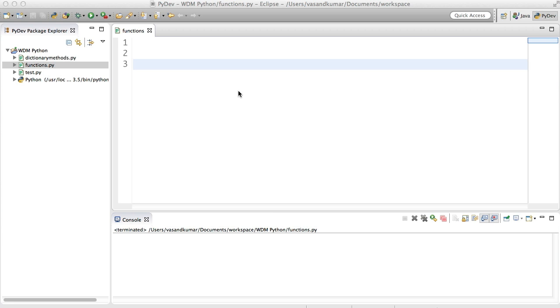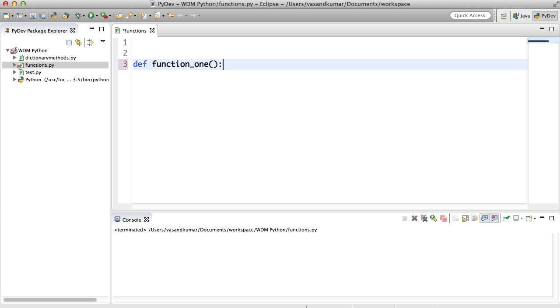Now in Python, writing a function is called defining a function. So Python has a keyword named def, which stands for define, and you use a space and then write the name of the function. I'm going to write a name like function_one, close it with the brackets, and now you see that a colon has been added automatically. Now this means that Eclipse can understand that I'm trying to define a function and it has to end with